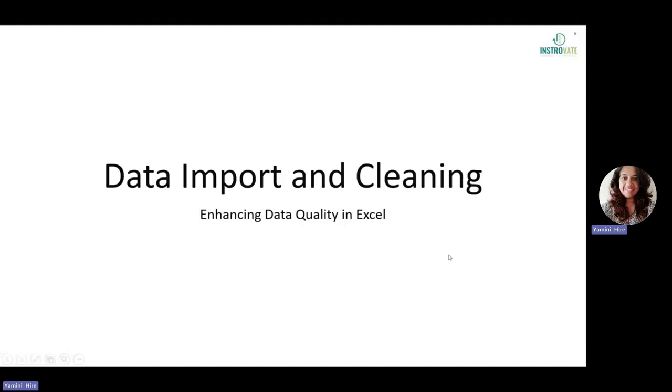Hello everyone, welcome to module 2, data import and cleaning. In this module, there are two important parts we are going to discuss: how to import data into Excel, like if we want to import data from a text file or CSV file or external database, how we are going to do that, and what the data cleaning